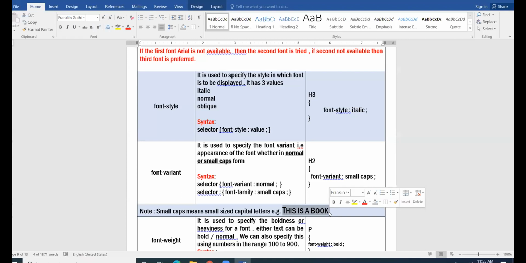The size of the rest of the characters is smaller than the size of the first letter of the word. This is called small caps, small capitals.